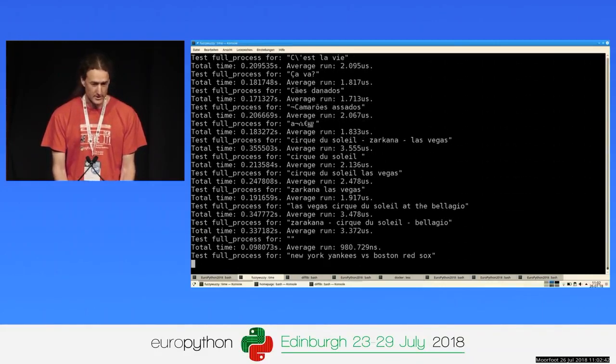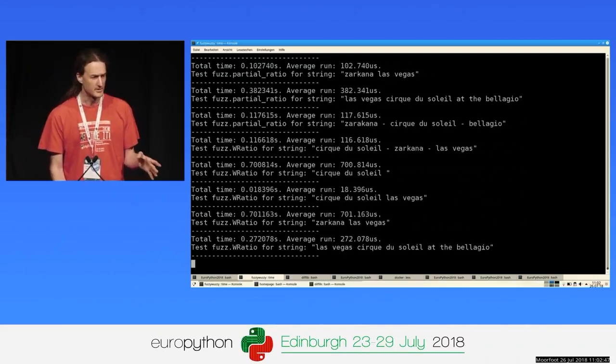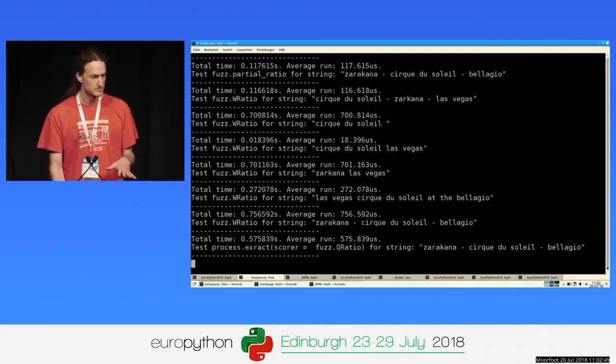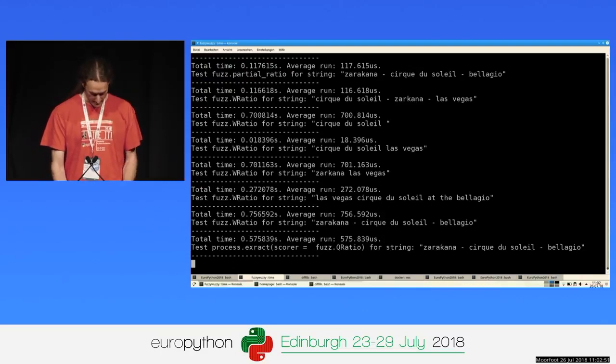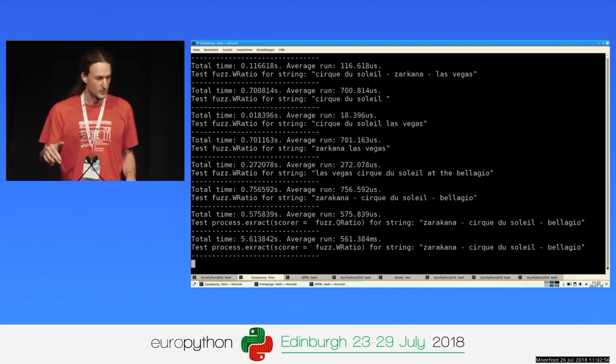It's going to take a bit longer to run. Who does not know cProfile? Okay, a couple of people. So what cProfile does is basically it traces your code.